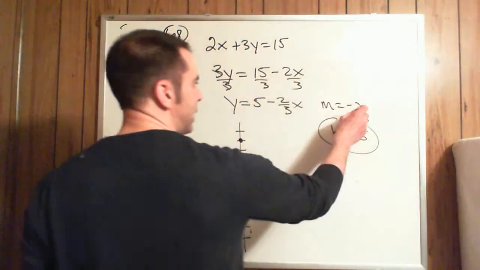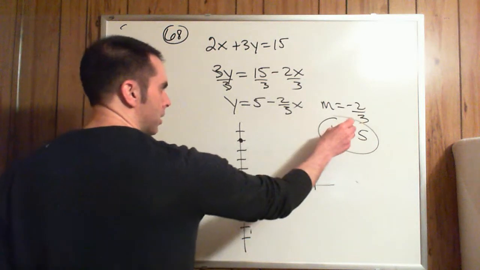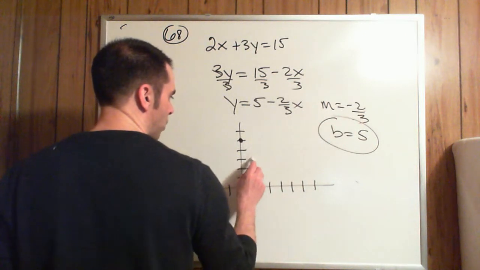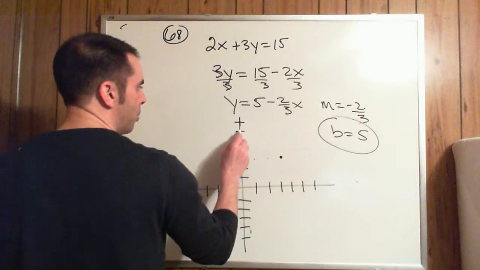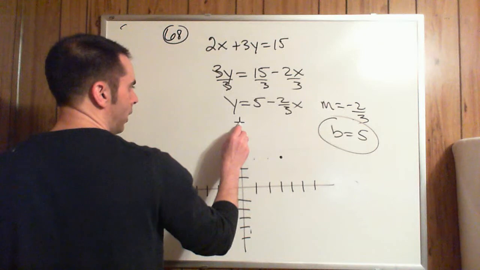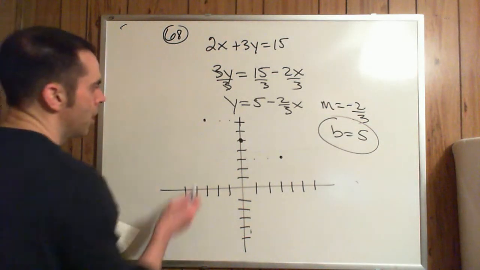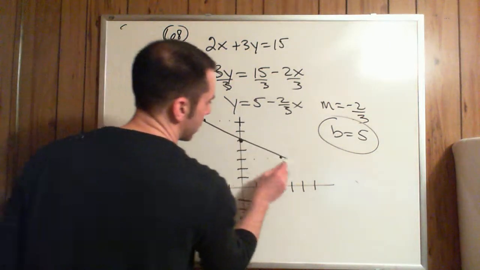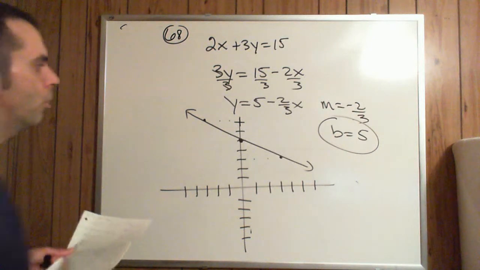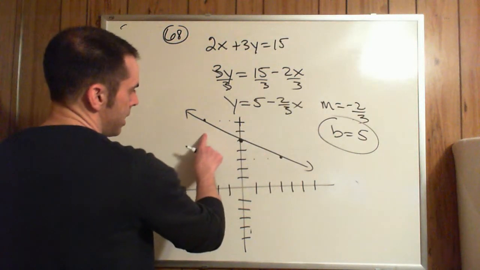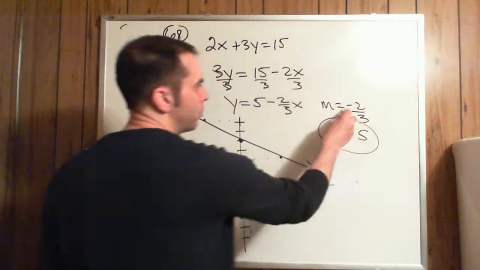Because my slope is negative 2/3, I'll come down first, 1, 2. And because it's a positive 3, I'll go to the right, 1, 2, 3. Or I could go up 1, 2, and to the left 1, 2, 3. Always the opposite direction. Then I'll connect, and there's my line. Notice that this time we're falling from left to right, that as I move from the left to the right, my line is falling,